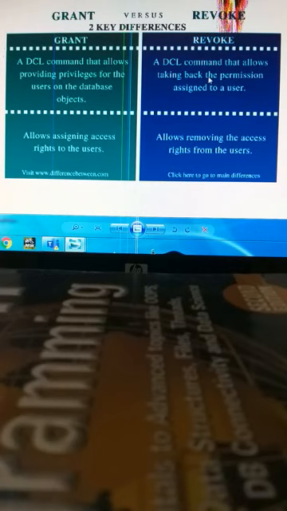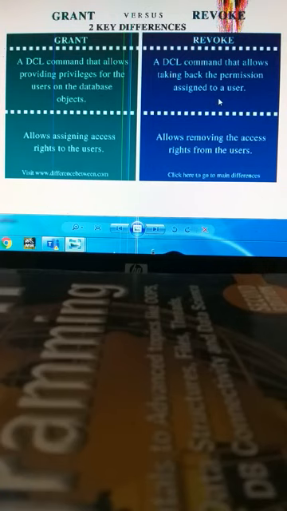Second one is revoke. The revoke command is used to take back the permission from an assigned user. Here you can see that it is a DCL command that allows taking back the permission assigned to a user. After giving the permission, whenever we think that the user has used that access and now it is okay, we can take back the access.